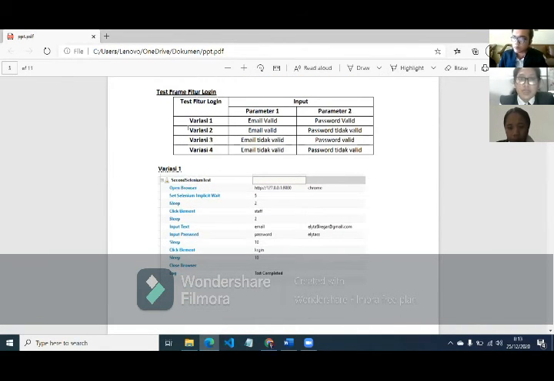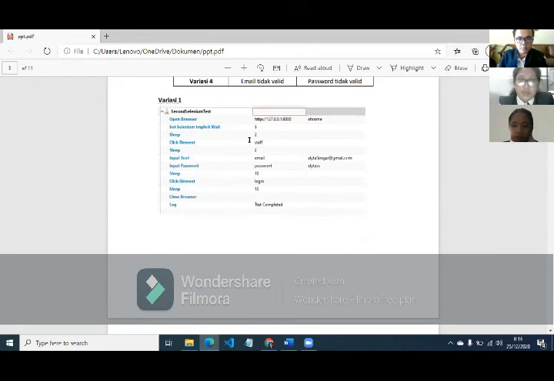There are four variations: valid email with valid password. The second is valid email and invalid password. The third is invalid email and valid password. And last is invalid email and invalid password. This is the first variation. The test case is this,